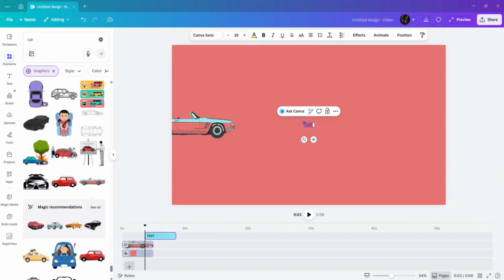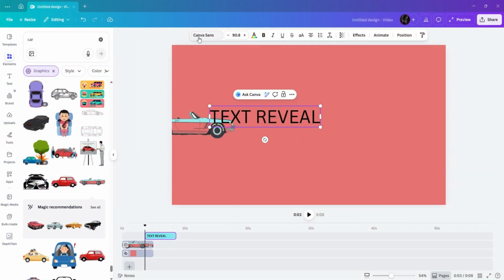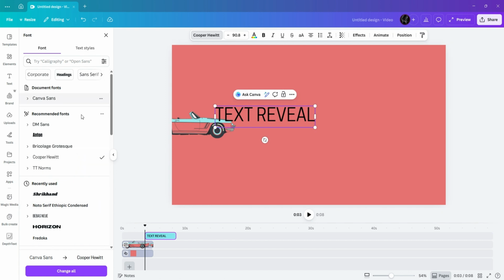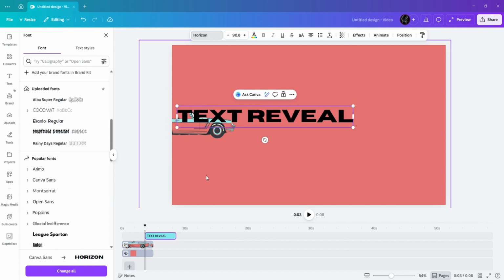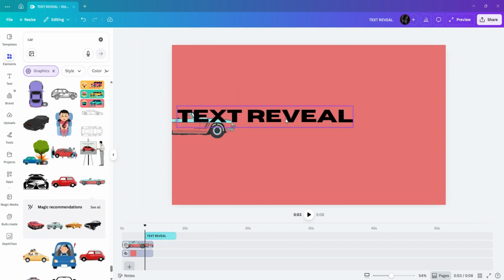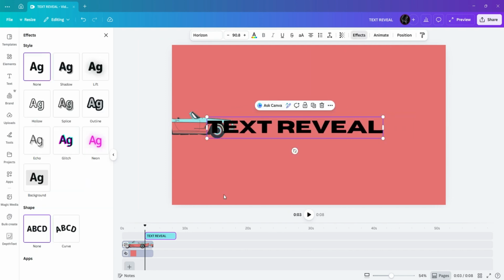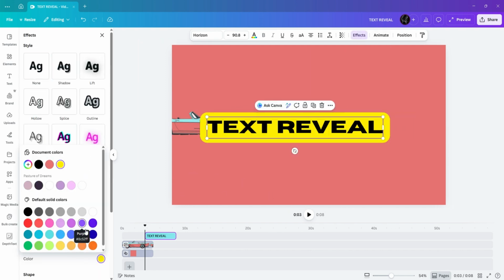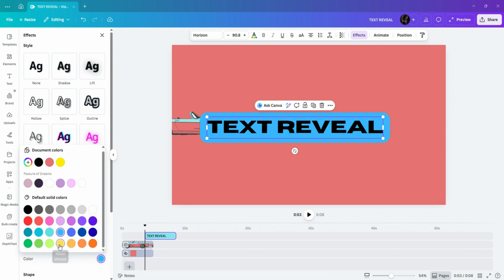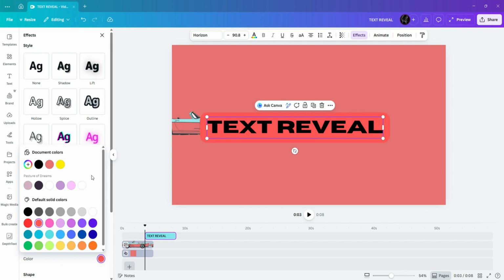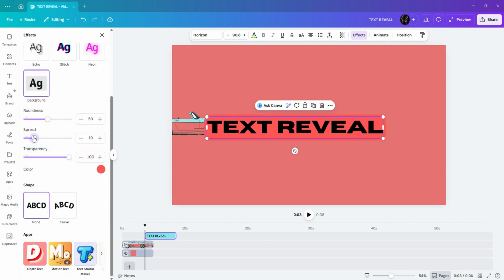Next, I'll click on the Text tab and add a text box, typing out the words Text Reveal in all caps. I'll change the font to Horizon, increase the size, and place it right in the center of the car's path. To create the reveal effect, I'll go to Effects and select the background option. I'll change the color of the text background to match the red of the main canvas and change the actual